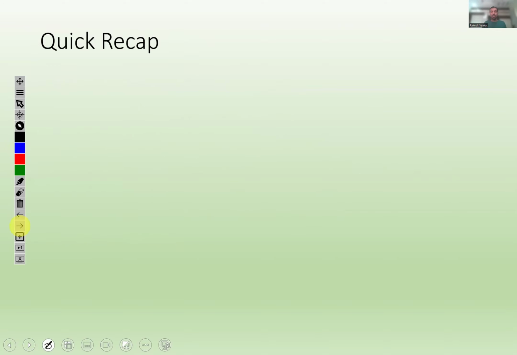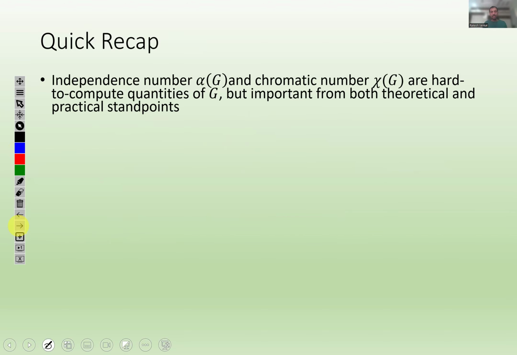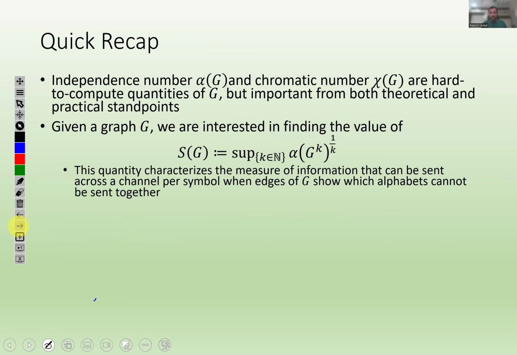Good. So let's go over a quick recap for what we did yesterday. We first said that alpha of G, the size of the maximum independent set in a graph G, and its chromatic number are hard to compute quantities computationally, but are important from both theoretical and practical standpoints. In particular, we were interested in this quantity S of G, which was related to something called the Shannon capacity, which I defined yesterday. But I can look at it purely from a graph theoretic sense: it's the supremum over all possible k in natural numbers of the maximum independent set size in the product graph G to the k,